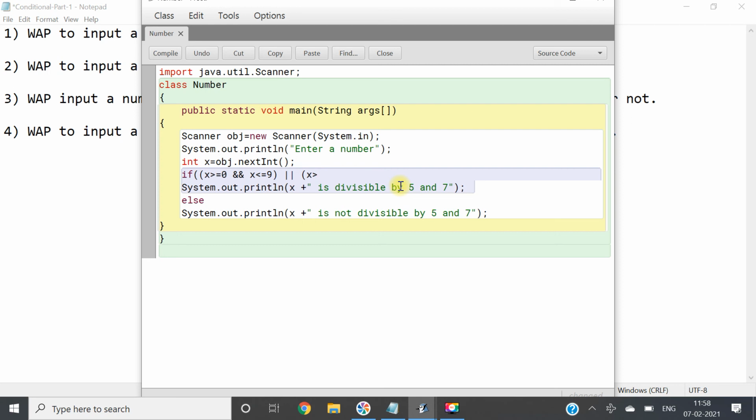Okay, I am giving here greater than or equal to -9 and x less than 0, or less than or equal to -1. Both will be correct. Fine. Less than 0.